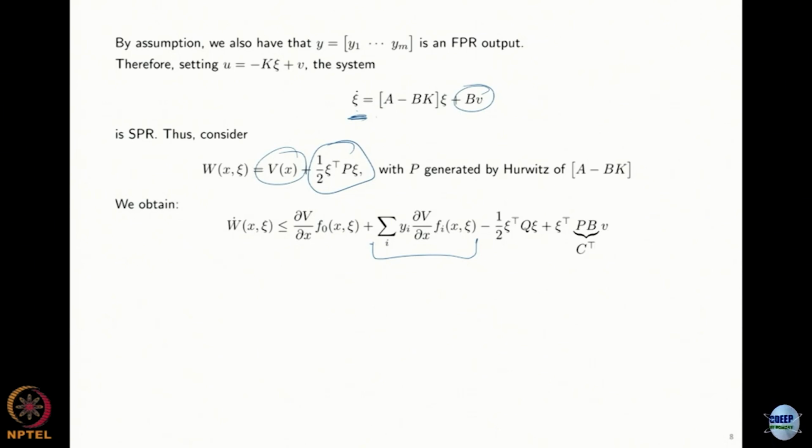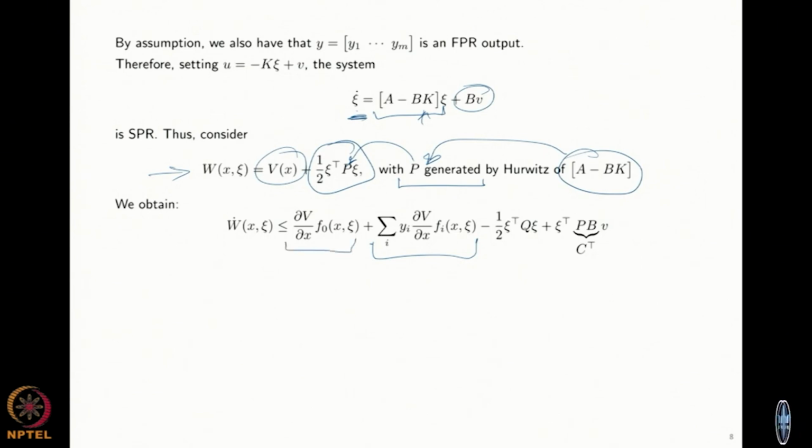Because you designed K for this to be Hurwitz, it generates a matrix P that you put here, and you take the derivative of this new function. So the function you initially had plus this new quadratic function, okay? You will obtain that the derivative is